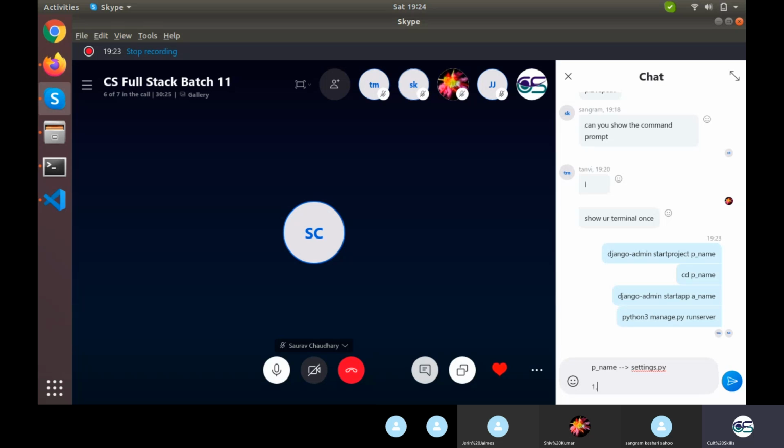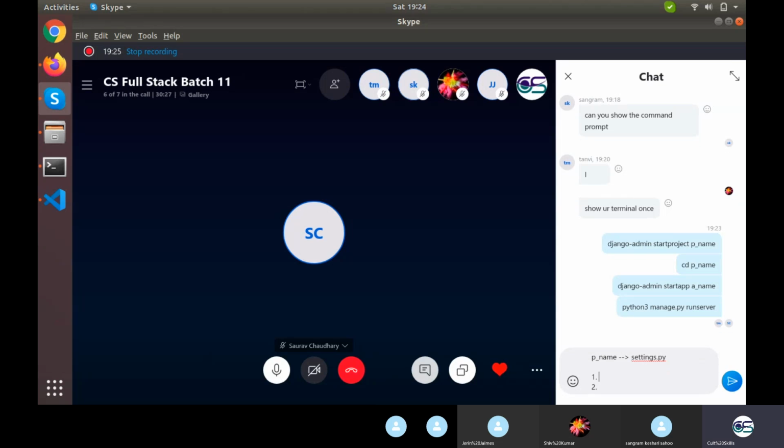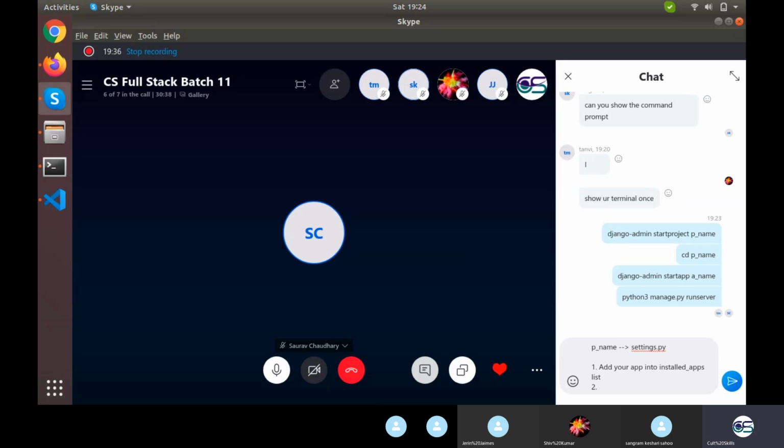You need to make two changes. So first change is add your app into installed apps list. Second change is change time zone to something like this.